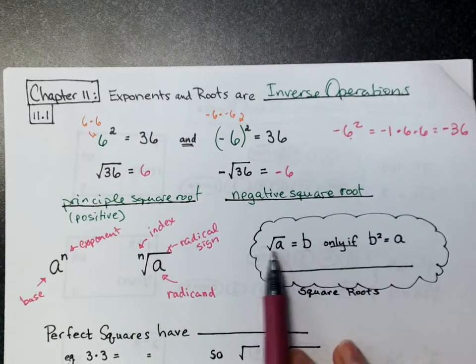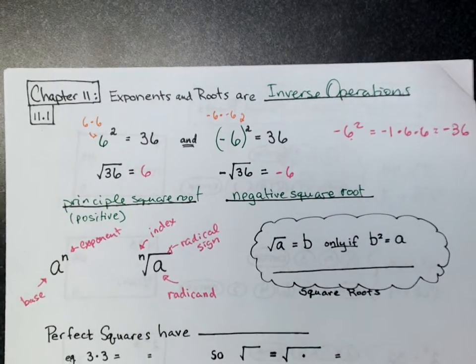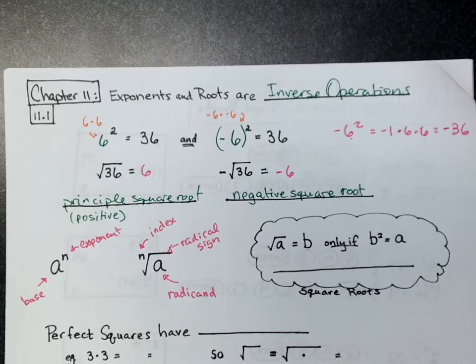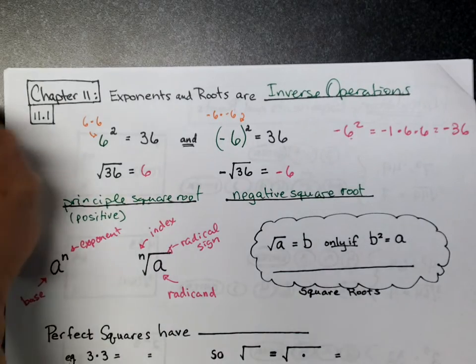Okay, so here's the basic algebraic rule for what a radical means. The square root of A is equal to B if and only if B squared equals A. Like, your eyes start to cross a little bit. Okay? Look at this in terms of numbers, and it becomes a little more clear. Let's